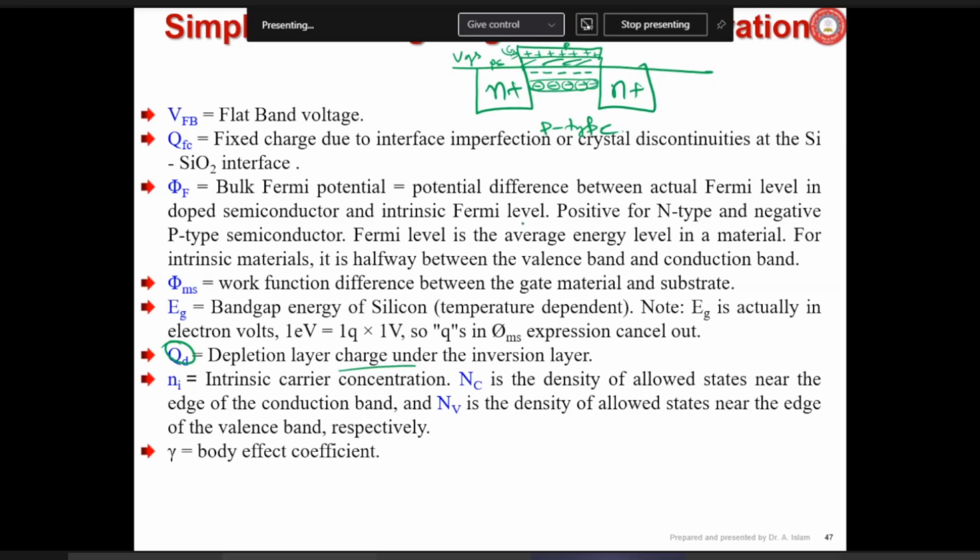So negative depletion layer will be formed here. Somebody was telling that a depletion layer forms when VDS, the drain to source voltage, is applied. For that, he was trying to tell that around the drain, as well as a little bit around the source, there will be some depletion layer even though it is not biased. Both the N plus side and the P side are connected to ground, but due to the difference in concentration gradient, there will be diffusion and a depletion layer will be formed, and here also